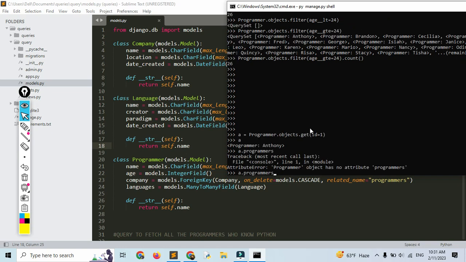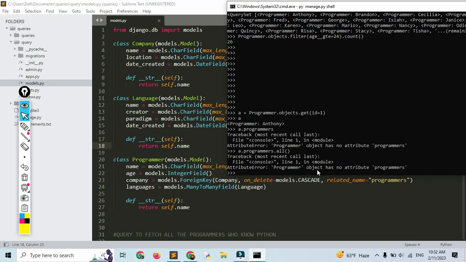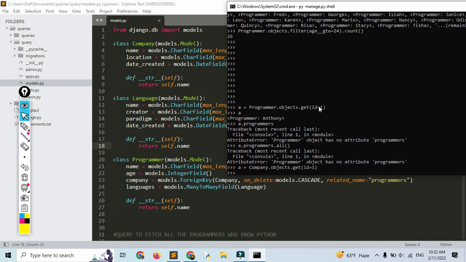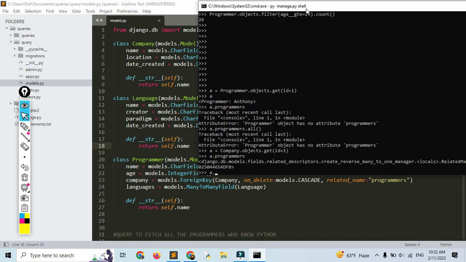That means, so if I enter, there is no such attribute, that means programmer has no attribute of programmer. That means company should be used. Company dot objects dot get id equals to 1, and if I hit programmers, then you can see the many to one relationship. So if I hit enter,